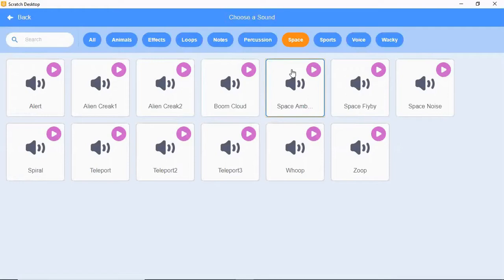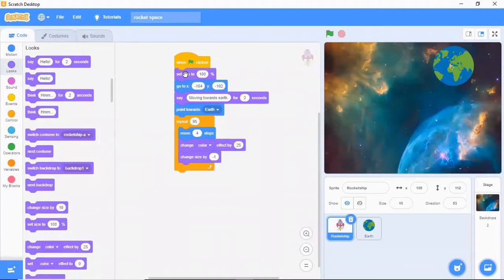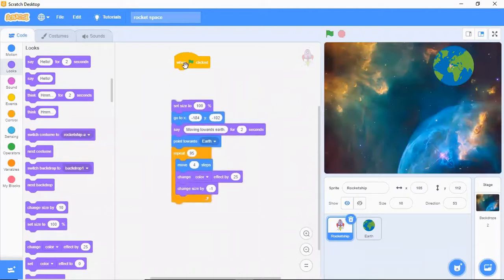I'll take this space. Okay. You have got space ripple and one more. So I'll just drag this down because as soon as I click, the background sound should start.